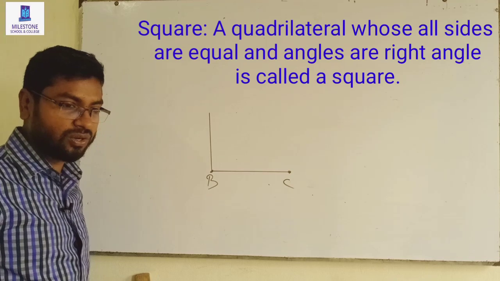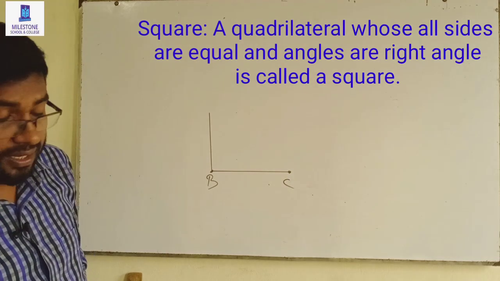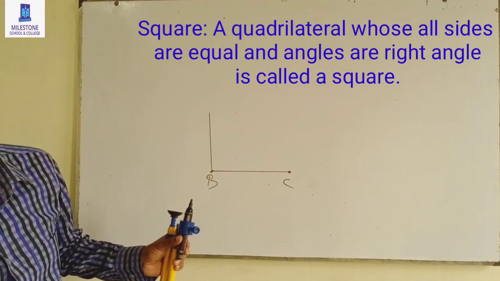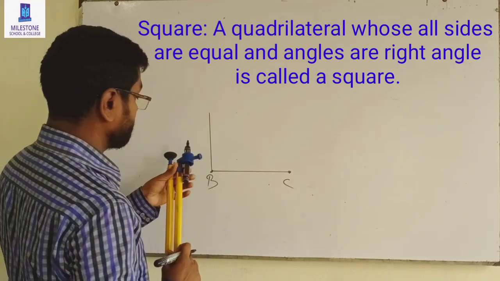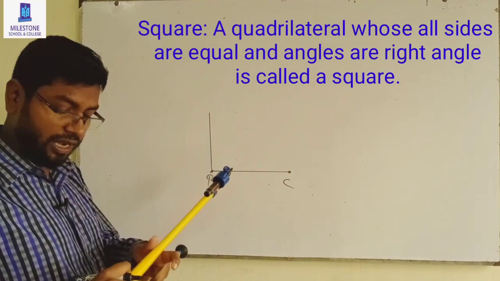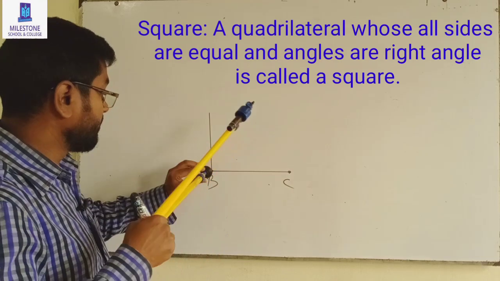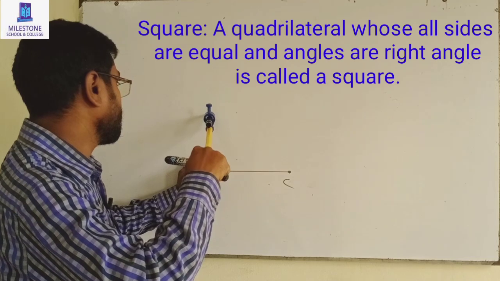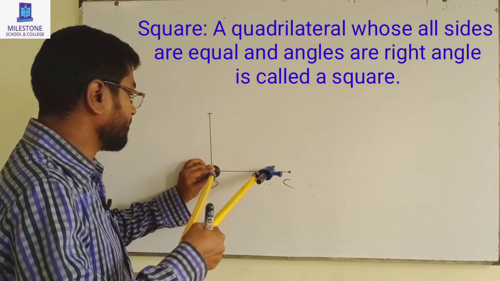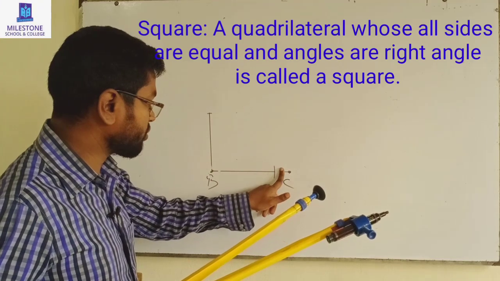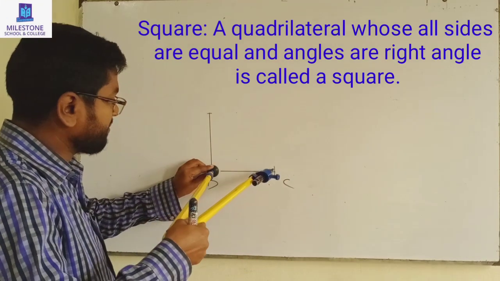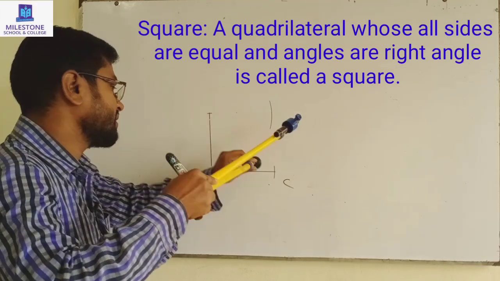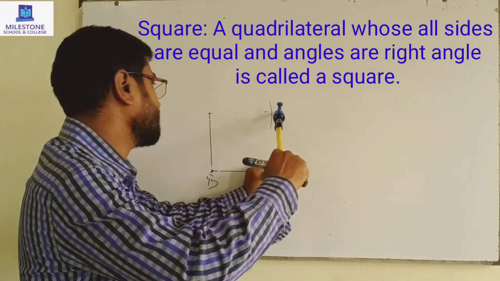Now with the compass, we will draw an arc inside the angle. Follow me, how. Look, we will take the same length. Look, same length. Here we will give an arc. Here we will give an arc. Then I will make it short. It should be the same length and same size. All sides are equal. That is why we will give an arc inside the angle. This side also we will give an arc.